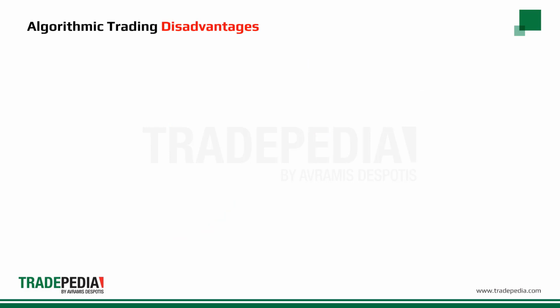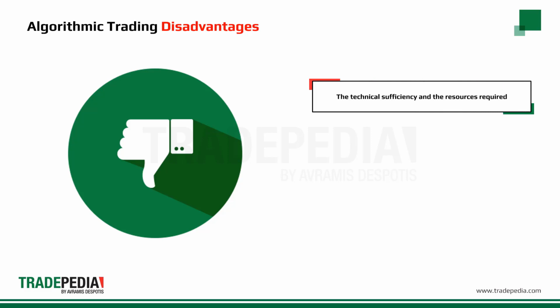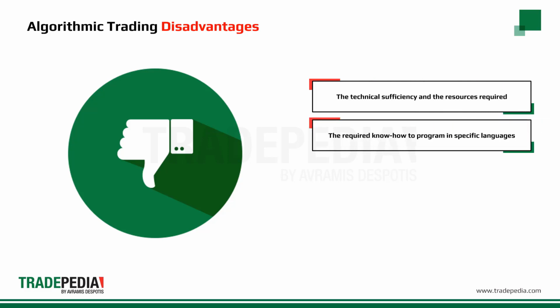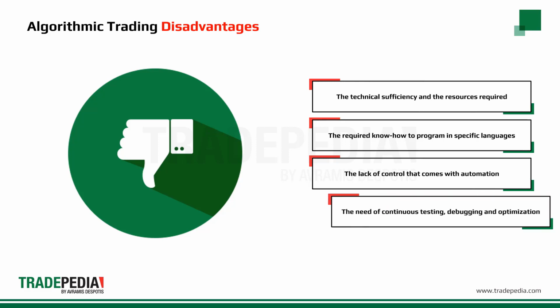Although there are many benefits to algorithmic trading, there are some downsides as well. One of the biggest disadvantages of algorithmic trading is the technical sufficiency and the resources required. The required know-how to program in specific program languages, which can take quite a while to learn. Another disadvantage of algorithmic trading is the lack of control that comes with automation. Controlling the losses can go out of hand sometimes if the program runs in an undesired way. Last but not least, programs need to be continuously tested for errors and technical glitches, debugged and optimized every now and then to